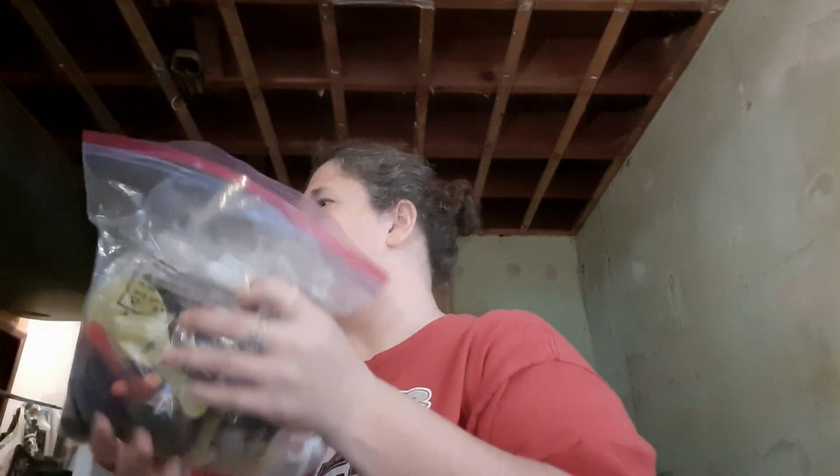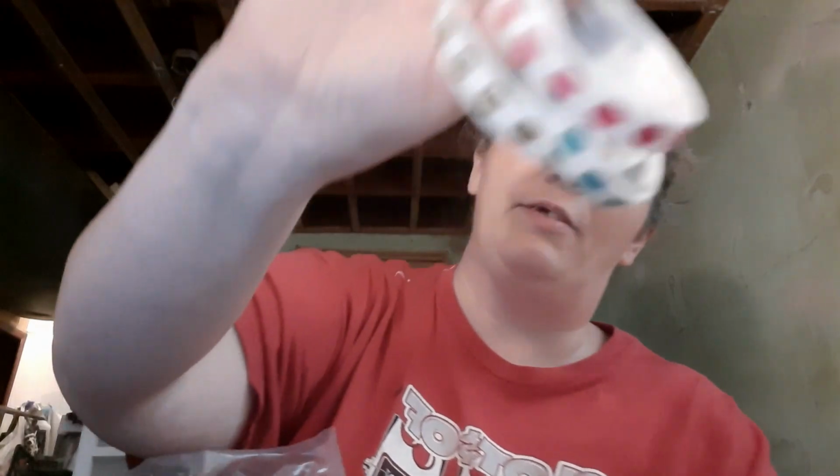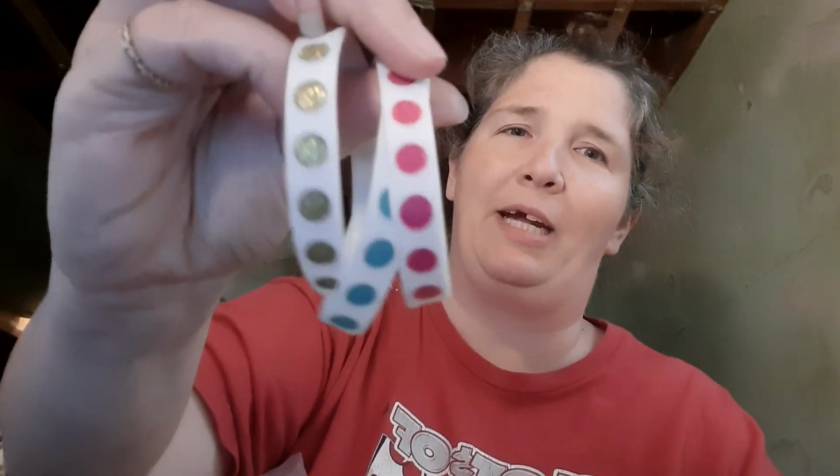So let's see what's in here. So this is the box. It's a large box. And I feel bad because the shipping was very expensive. But let's get into it. So we got a bag here. Looks like a bag full of toys, which I think these will be good for if they're stuck inside for recess, or if they just need a little grab bag out of